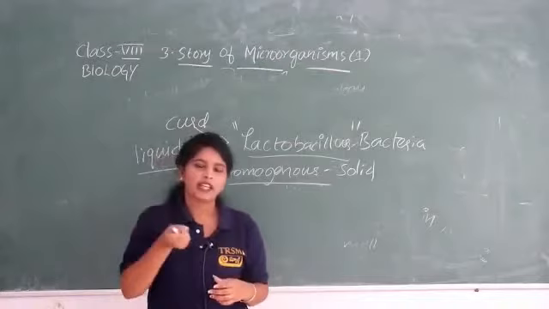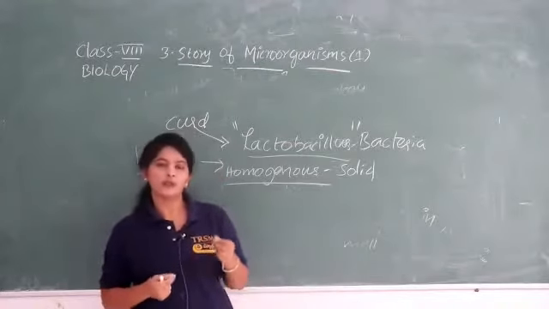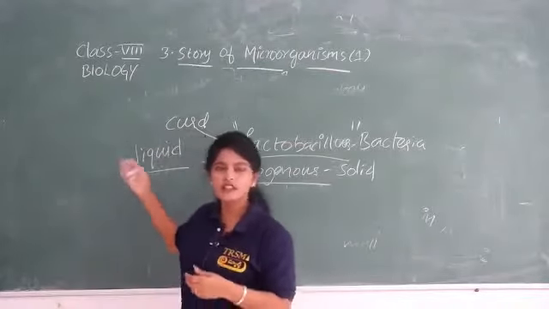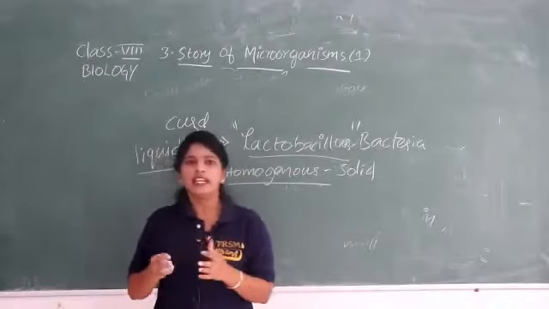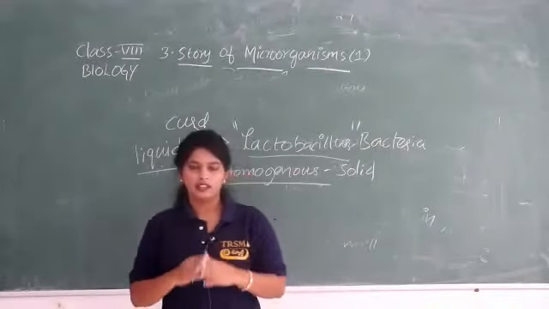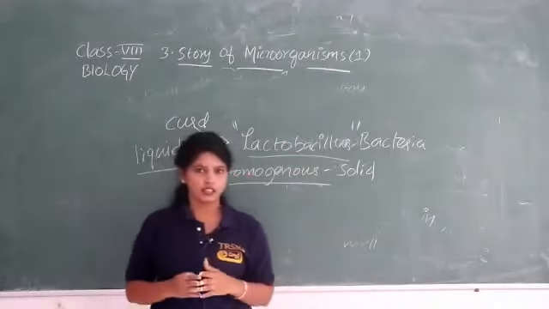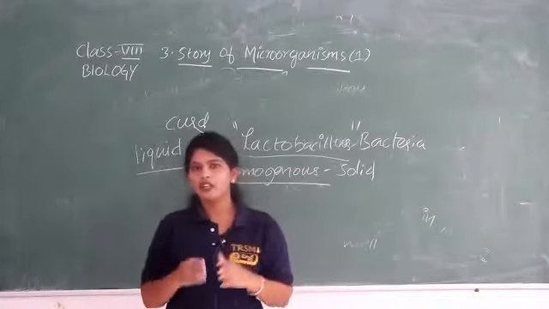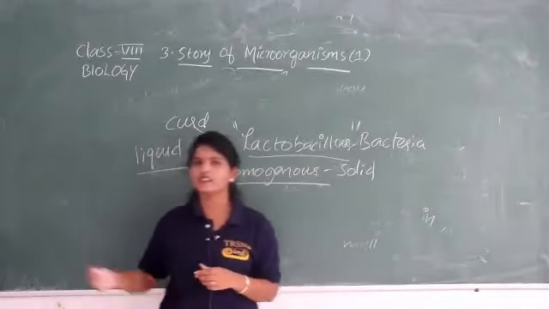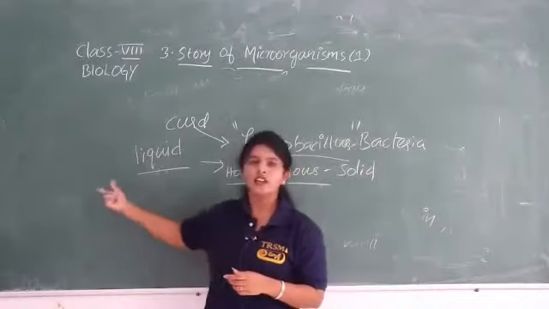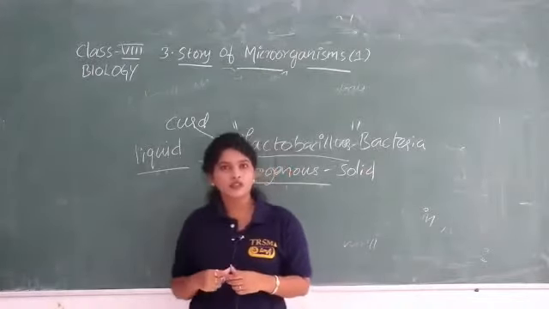So when you add that one spoon of curd or one spoon of buttermilk to this homogeneous liquid, the milk, it gets turned into curd. How? This is the preparation of curd, right? Everyone knows this, but the story behind this turning of liquid to solid is because of what?